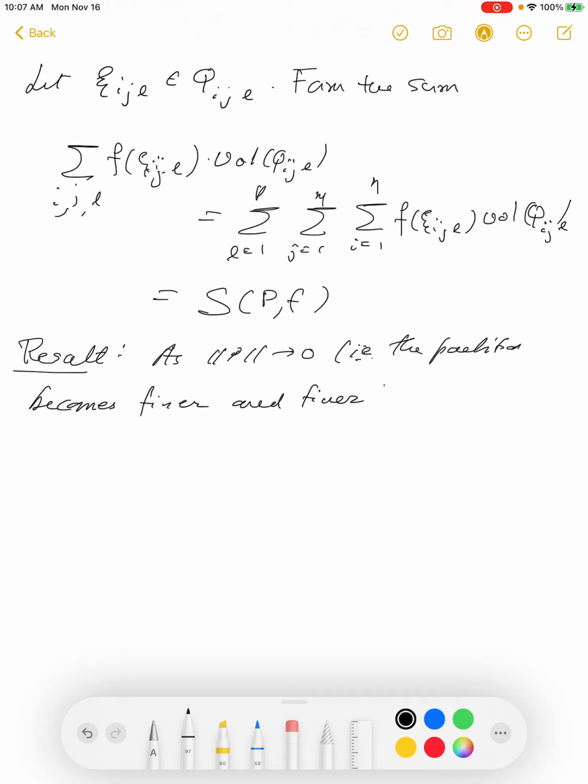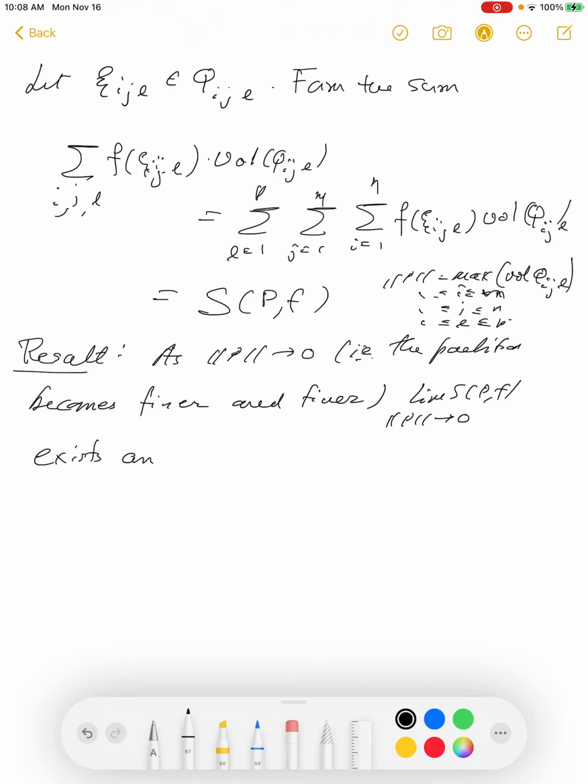As the partition becomes finer and finer, the limit of the sum as the length of P tends to 0. The length of P will be measured as, so I will define quickly what is the length of P. It is the maximum of the volume of Q_ijl, where i varies over 1 to n, j varies over 1 to m, and l varies over 1 to p. So that's called the norm of the partition. As the norm tends to 0, this limit exists and is called